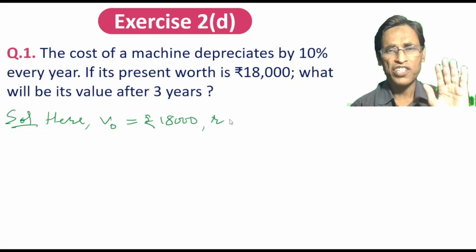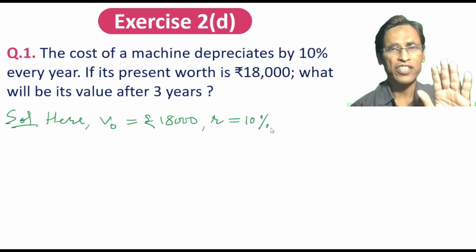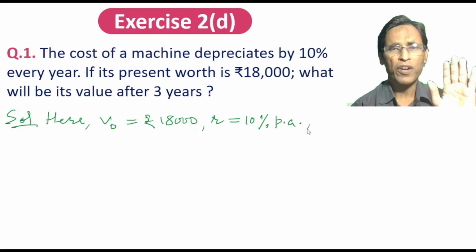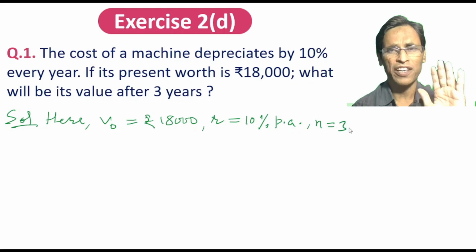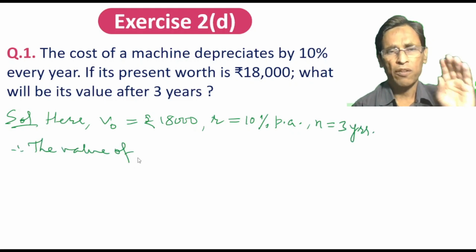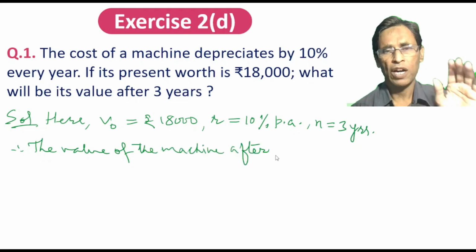Rate of depreciation, 10% per annum. Every year means per annum. Or number of years after which we have to find the value of the machine is 3 years. Therefore, the value of the machine after 3 years,